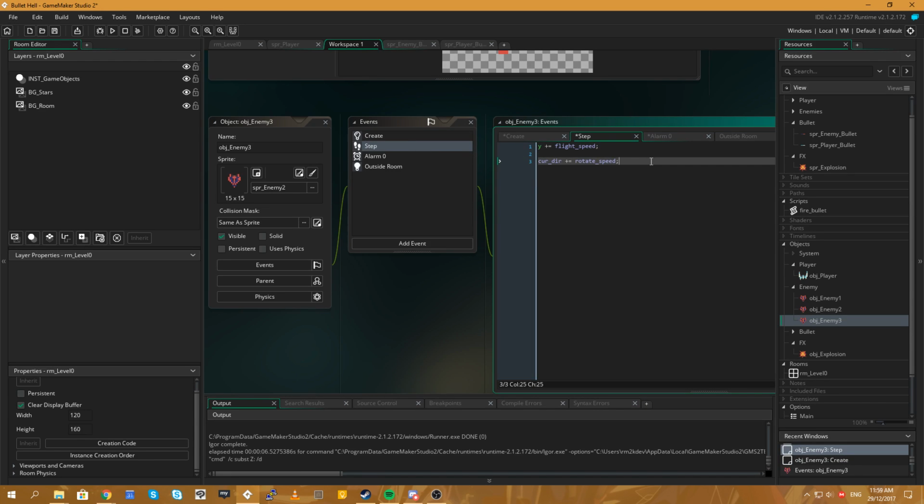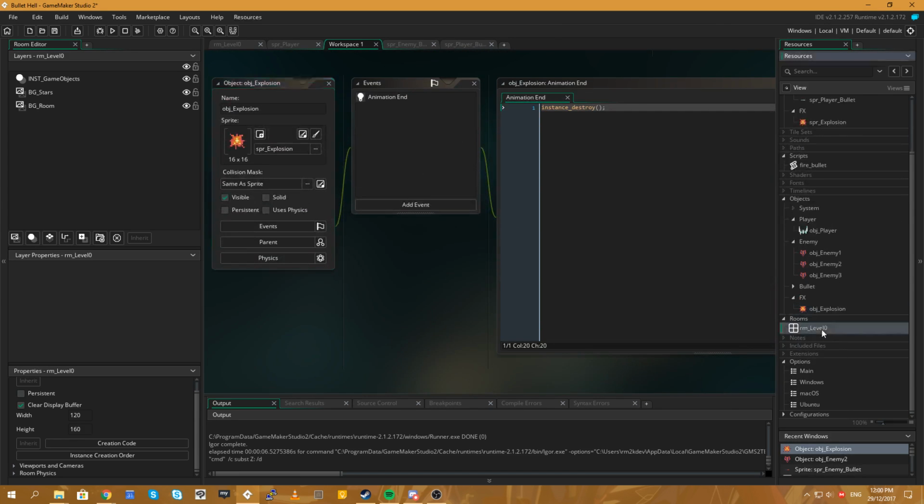Then what we'll do is we'll say if... hang on a minute, how do we do this? I'm sure there's a function for this. Oh, we'll just do it the long way. If current direction is greater than 360, then we will just loop it back to 0. Current direction equals 0. So we're always rotating now, and whenever fire rate fires, we will fire in the direction of current direction. We'll fire the circular bullet, and then we'll re-trigger the fire rate.